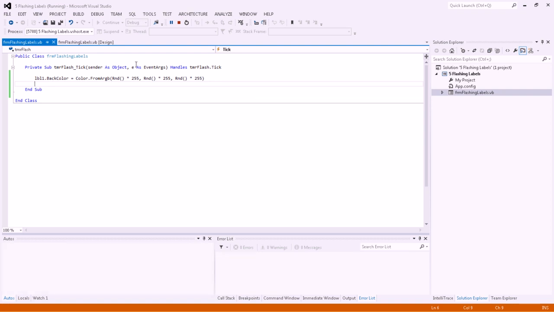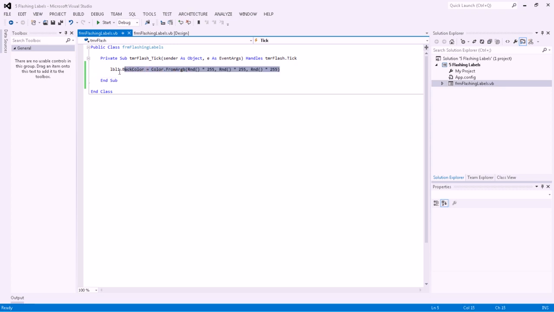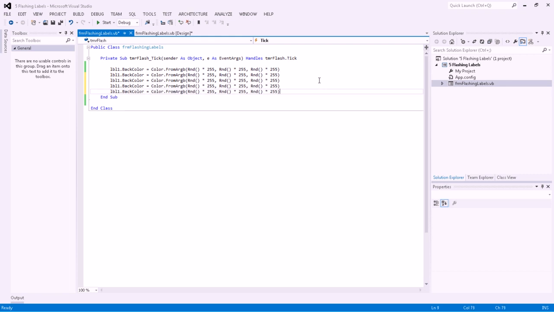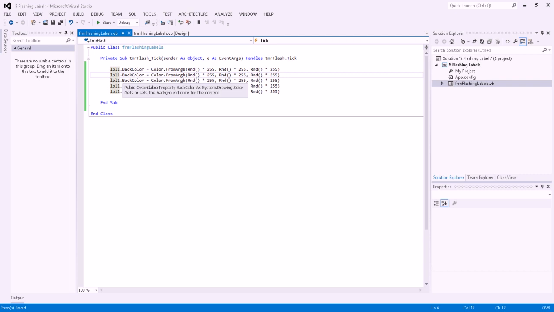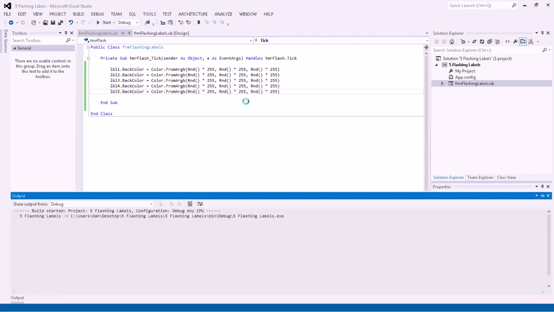So now, because we want all 5 labels to do this, we just need to copy this code. Hopefully I can copy this code and then we just want to paste it 4 times like so, and then, simple tip, press insert, and then we can just go 2 down left, 3 down left, 4 down left, 5, and then press insert. And now hopefully if I load up this program,